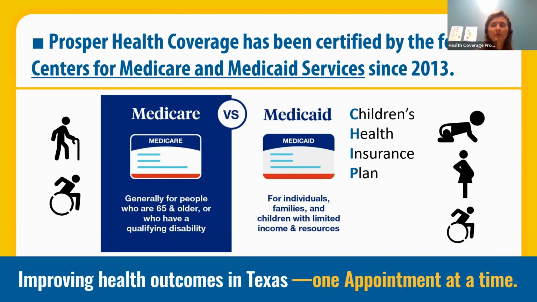And one more note before we switch away from this slide, Medicare and Medicaid are very similar words. It's kind of frustrating sometimes how similar those words are. A little trick that we use in our program to make sure that people know which kind of coverage they're talking about. Generally, people who are over 65 tend to be retired more so than people who are younger. And so since older folks might be retired, the word starts with an R, and Medicare has this R in it right here.